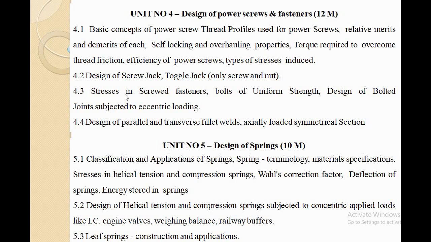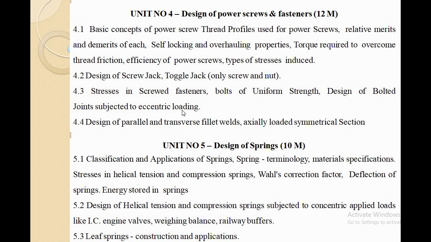Now 4.3, under 4.3 we have to understand what are the different types of the stresses introduced in screw fasteners. Up to 4.2 we have understood what is meant by the power screw, design procedure of power screw and different stresses induced in thread profiles or threads. But from 4.3 we have to see what are the different stresses induced in fasteners, that is the bolts, screw joints and welded joints. Under 4.3 we have to see bolt of uniform strength, that is the design of bolted